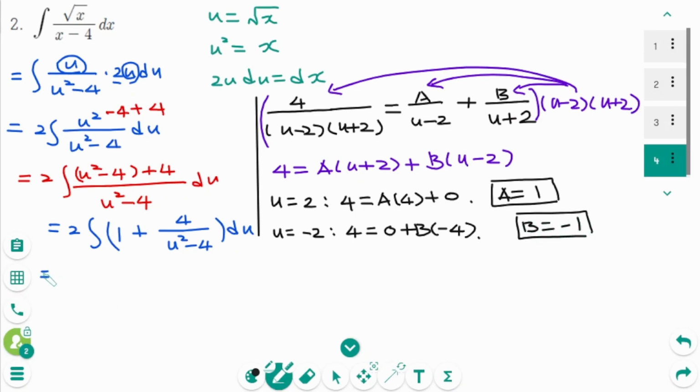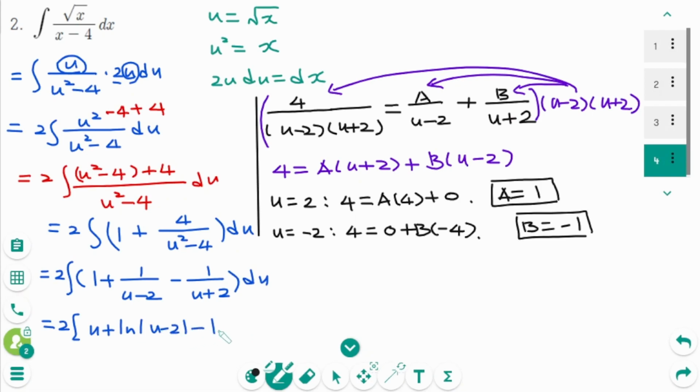Then back to the original. 2 times the integral of 1 plus a over u minus 2, a is 1, so 1 over u minus 2 plus b over u plus 2, b equals minus 1 over u plus 2 du equals 2 times u plus ln absolute value of u minus 2 minus ln absolute value of u plus 2 plus c equals 2 times u plus, use the logarithmic property, ln absolute value of u minus 2 over u plus 2